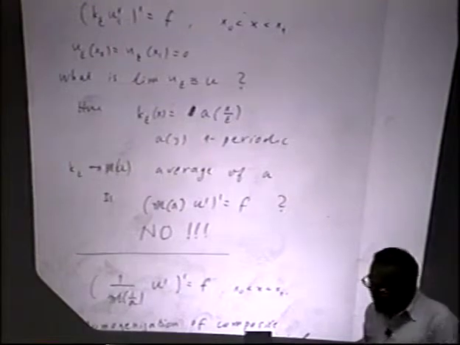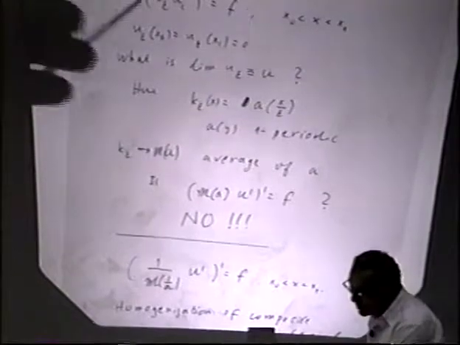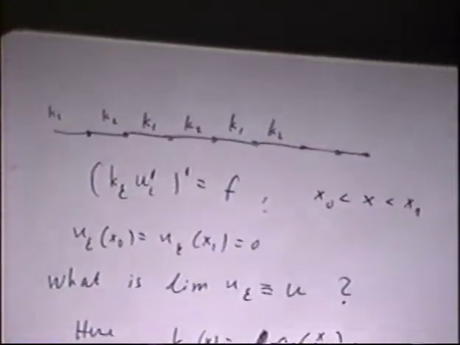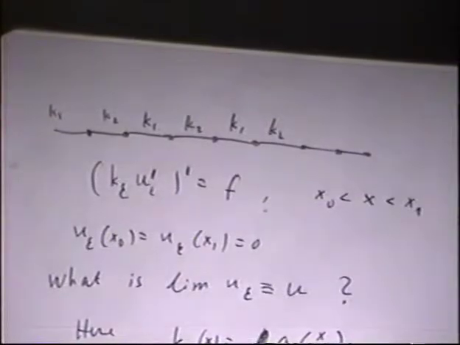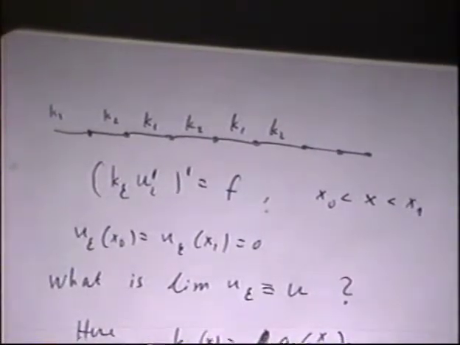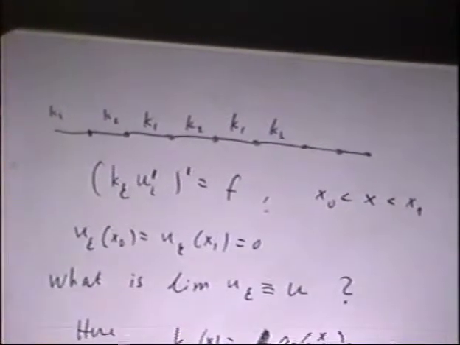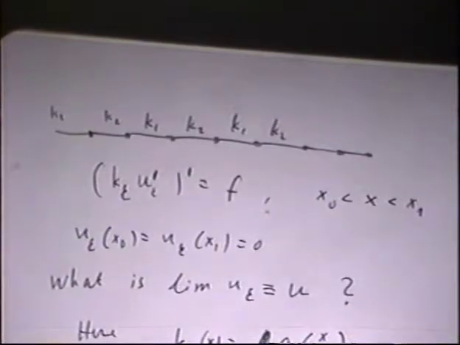Suppose you take two kinds of electric material, one material with conductivity K1 and the second one with conductivity K2. And you put one piece next to another, say in a periodic order. So you have K1, K2, K1, K2, K1 in some fixed interval. Okay, so if U is the electric potential of this material,